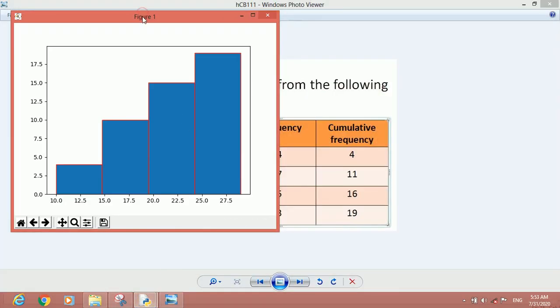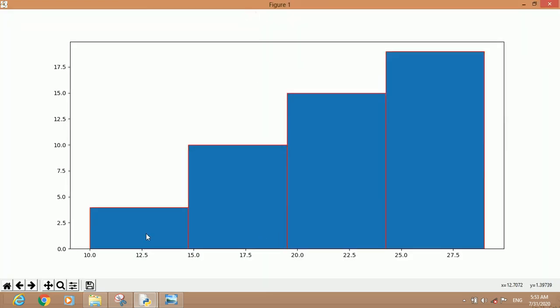As you can see 4, then it is showing 4 data items, then 11, that means 4 have been added to 7, so 11 comes, so it goes near 11 frequency, then 16 frequency goes here, then 19 frequency, that is the highest, goes up. So this is the cumulative frequency. This shows the cumulative frequency by adding the previous frequency. This way you can see the progressive bar. And bins we had given 4, it means 4 bars will be displayed.